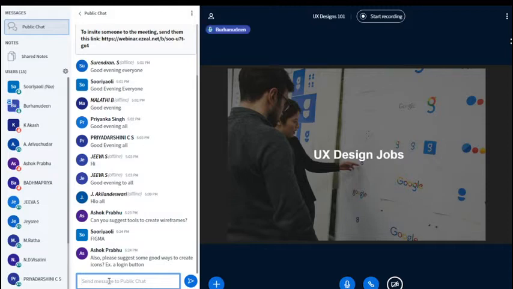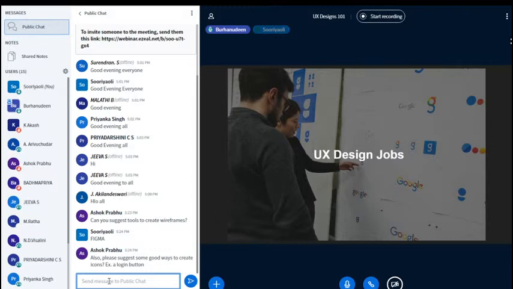For the further deep-down questions from the audience, we can take them personally, based on the ways to create icons or something like that. For your concern, a wireframe is nothing but a sketch which you use to brainstorm. For example, you're designing a table: how the legs should look, what the width and height of the desk is. Before building something, you're faking it out or doing rough work, which is basically called a wireframe.